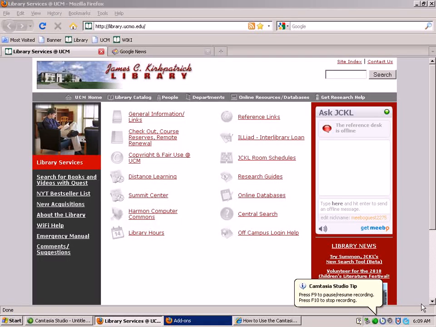In today's quick tip, we are going to learn about how to make research come to you. This is an incredibly powerful tool called alerts, which are available certainly not in all of the subscription databases maintained by the James C. Kirkpatrick Library, but they are available in many of our databases, including all of the EBSCO